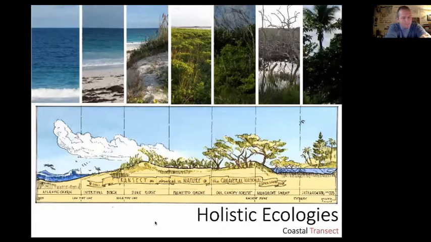And so one of the things about this way of thinking is that it introduces you to this notion of holistic systems. And this is a coastal transect in the Bahamas. And what you see here are these different, what you might call, transect zones. So each of these rectangular areas is a distinct ecology. You can see here there's the Atlantic Ocean ecology, which is distinct from the intertidal beach, which is distinct from the dune ridge and the palmetto grove and the oak canopy forest and the mangrove swamp and the intercoastal